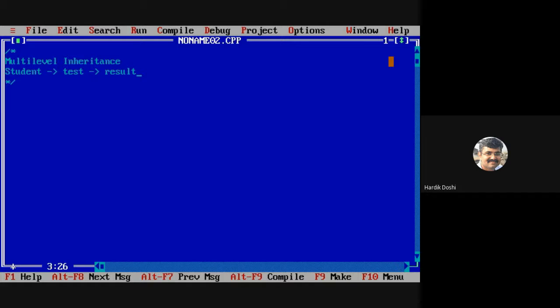Sir, how? Is the relationship that test is a student, and result is a test? Can I say it like this? But still, with respect to our requirement, we can write the code.